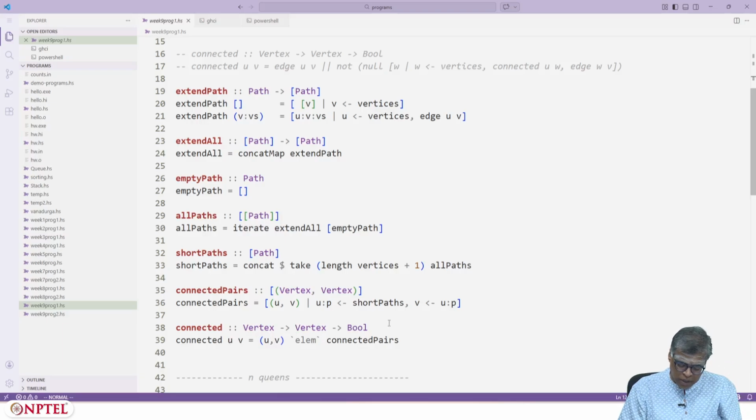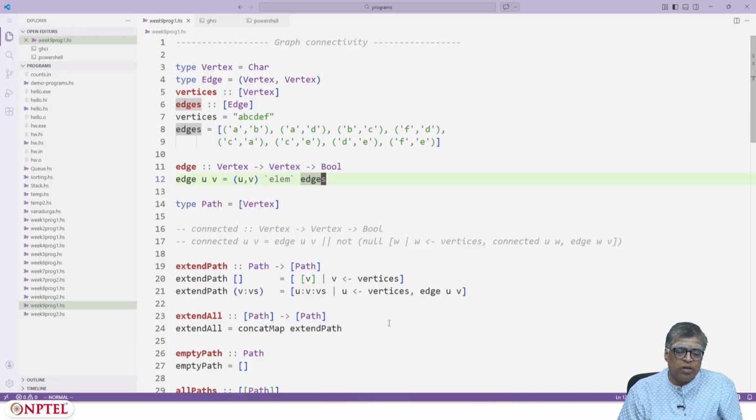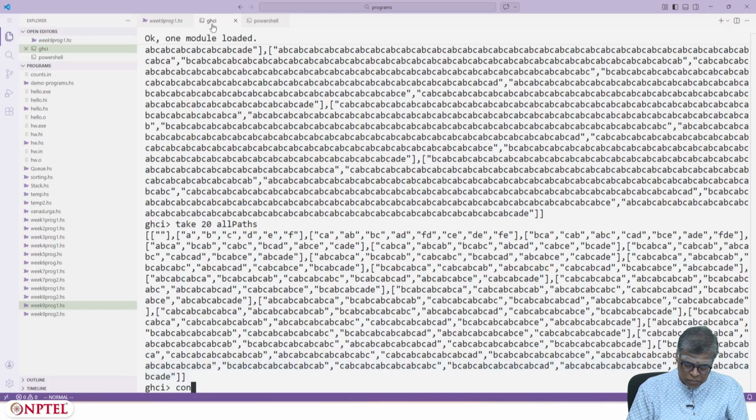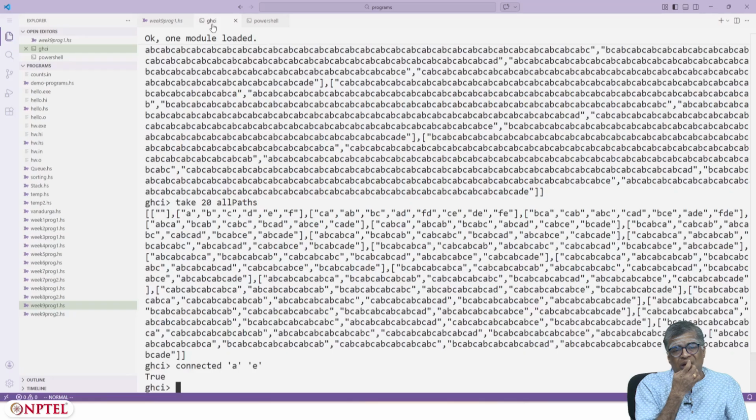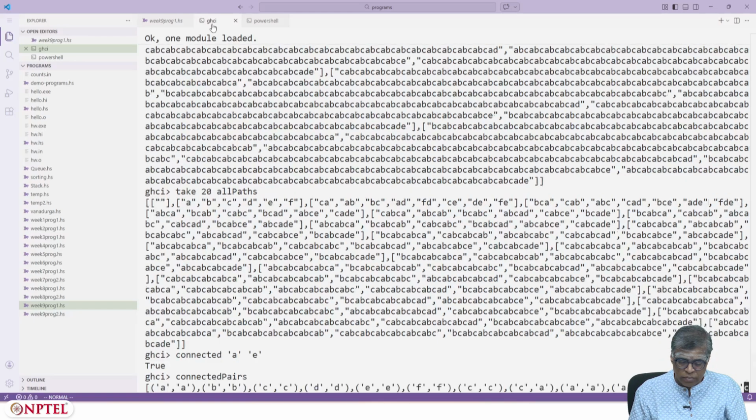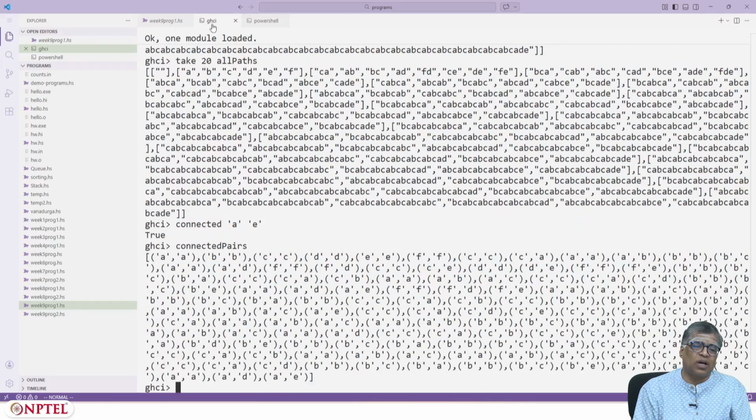So now I can actually go here and check. Yeah, it says true, and I could even say connected pairs. There will be lots of repetitions though. All these are the connected pairs.